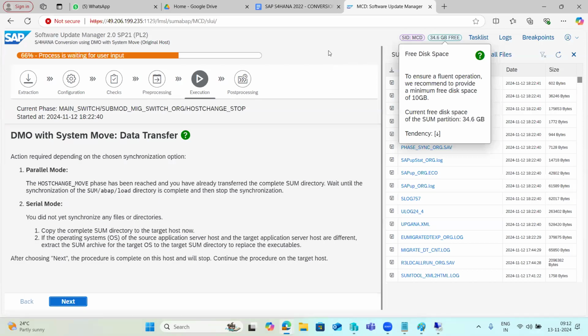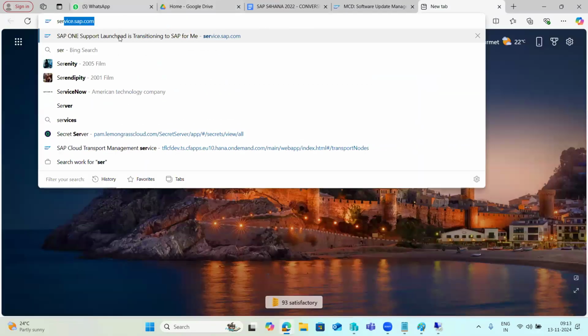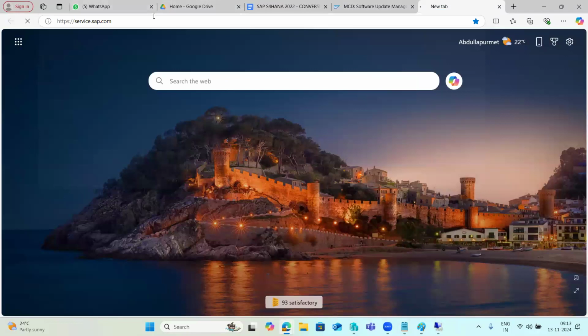So in the service marketplace, right? We can go to the service marketplace. There we can download all the patches and everything here. We can check the latest version which is there, and based on that,